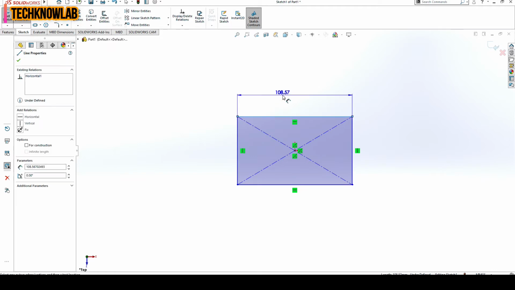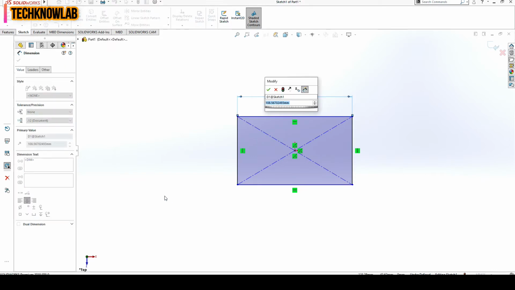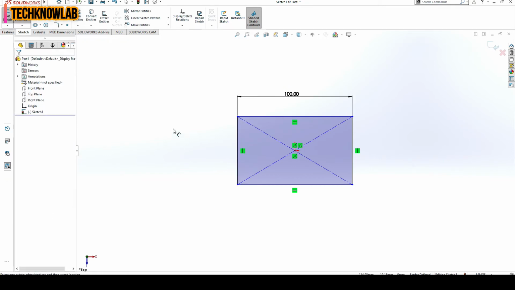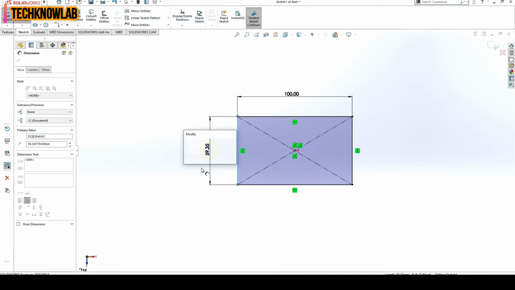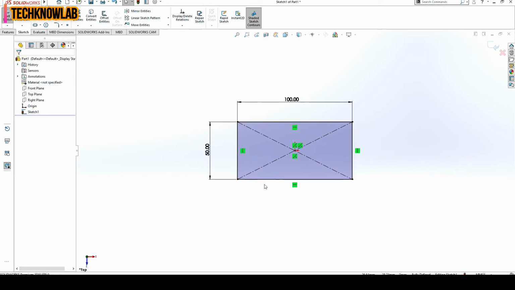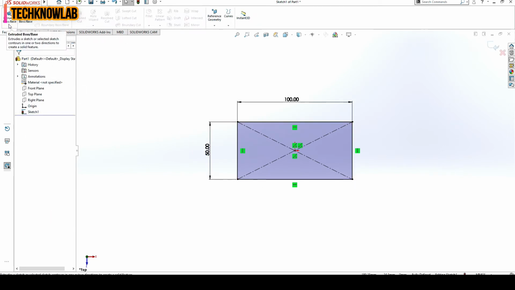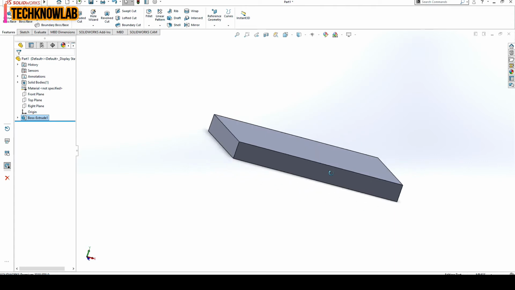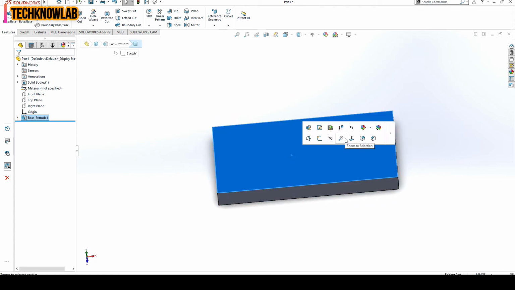Let's give it some dimensions like 100 mm by 50 mm. So this is a 2D drawing. Now we will extrude it to make it 3D. So give it a thickness of 10 mm. So this is a rectangular block.